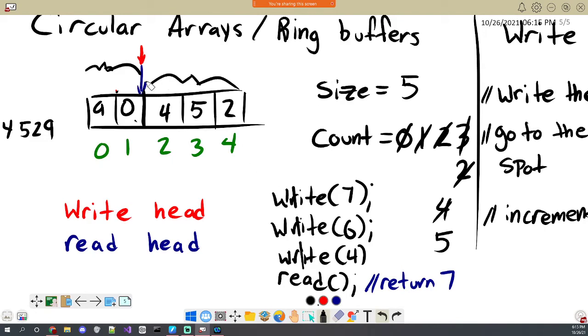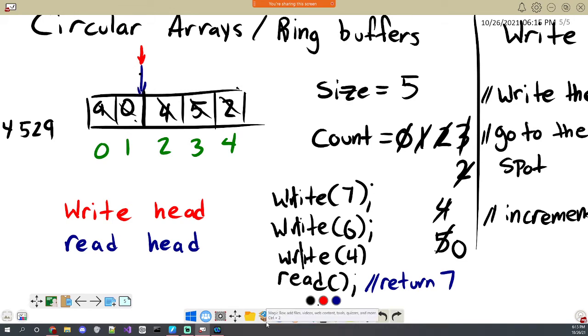So at the start it is empty, and then here, let's say I read all this stuff, so the read head is right here right now. If I was to read the 4, 5, 2, 9, 0, then the read head would go around here, wrap around, come back, and end up back over here, and we would be completely empty. And the contents of the array would still be full because we haven't been erasing anything, which we definitely shouldn't. In that case, the only thing that we know is that the count is 0, but the pointers are still on top of each other. The array is still full of things, so this becomes very difficult to check if you don't keep track of a count, which is why I've added that.